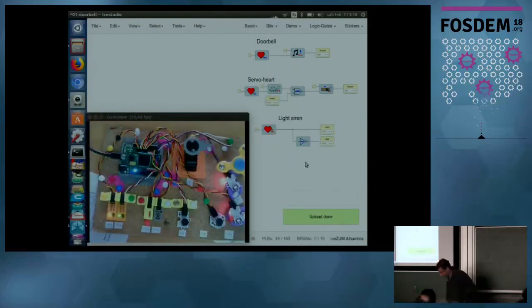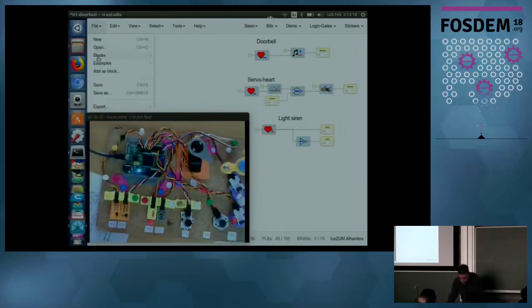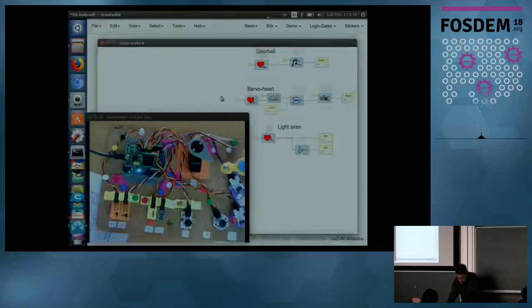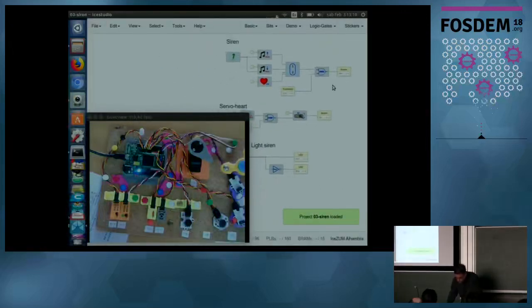Okay. So let's move to the next example. Here I'm using a buzzer just for playing one tone, but you can play two tones and create a kind of real siren. Here the sequence is a little bit more complex. You have the high and low tones and a multiplexer, and at the heart is selecting which of the tones you can hear on the